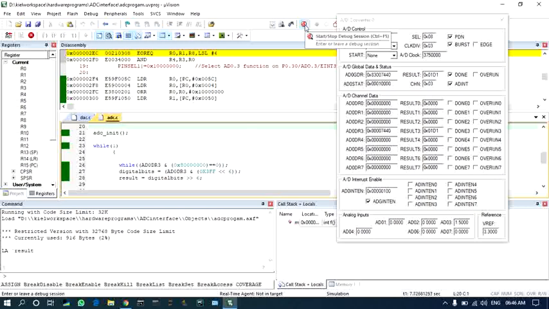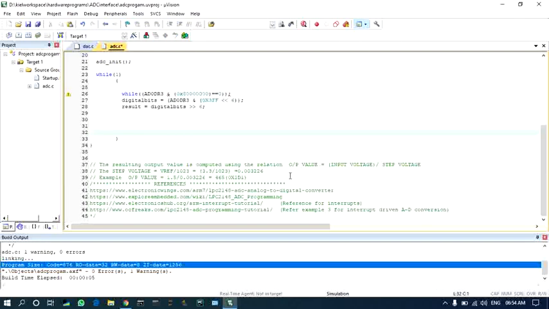Now just close this. Now let us see how to validate the output that we have just seen. The digital output can be calculated using the relationship: input voltage divided by step voltage. The step voltage can be calculated using VREF, that is the total range, divided by the number of digital levels. Since we are using 10 bits, the digital levels are 1023.